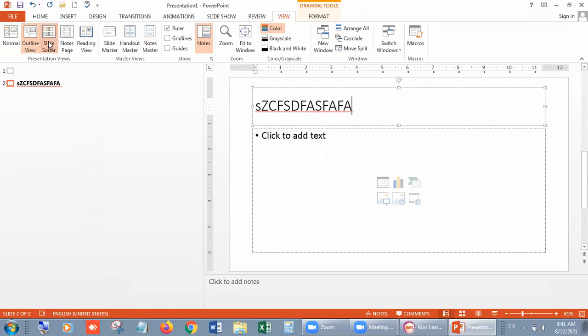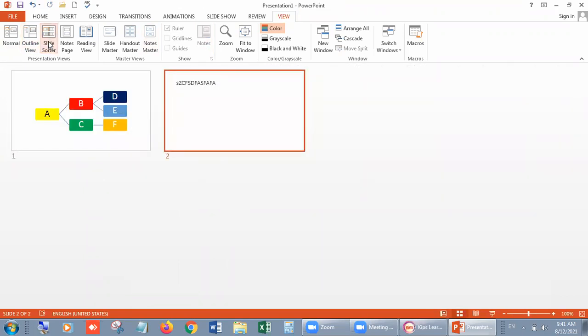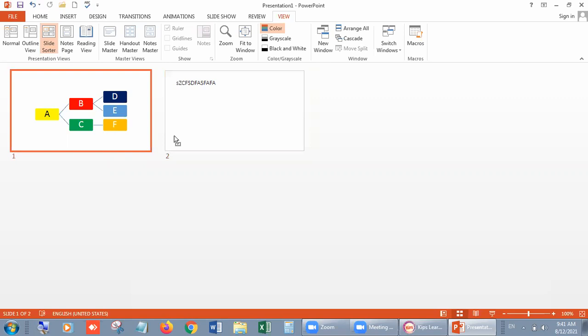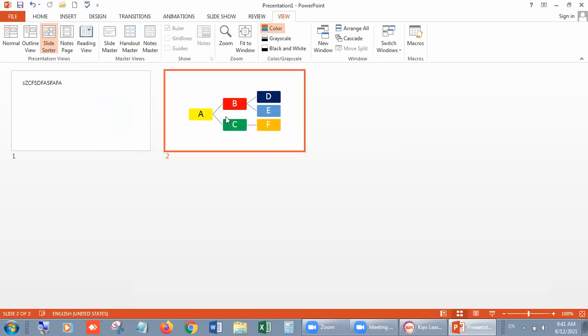Next is slide sorter view. In slide sorter view you will have a view in which you can rearrange your slides. Rearrange, like suppose you want to make the second one first. Now click on it, drag it to the next place and release the mouse.